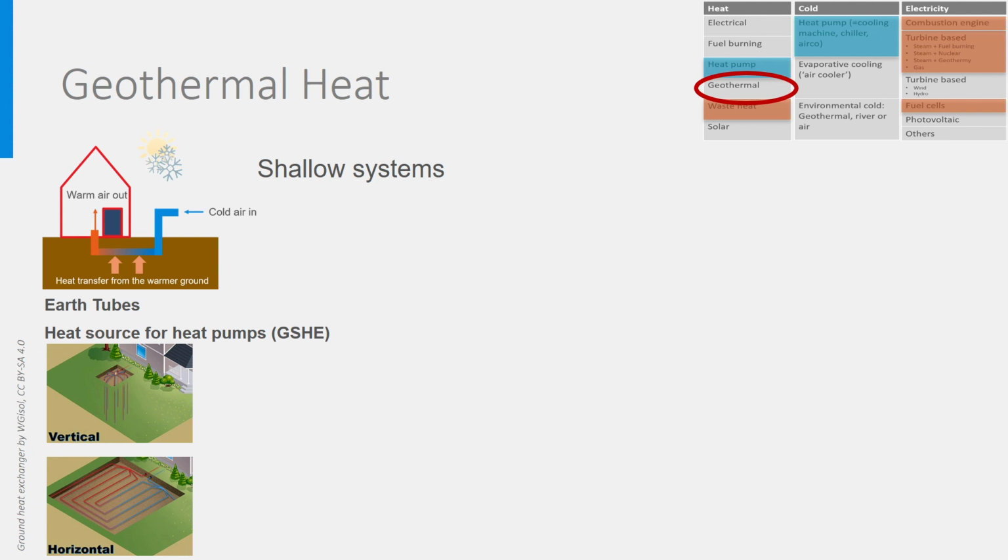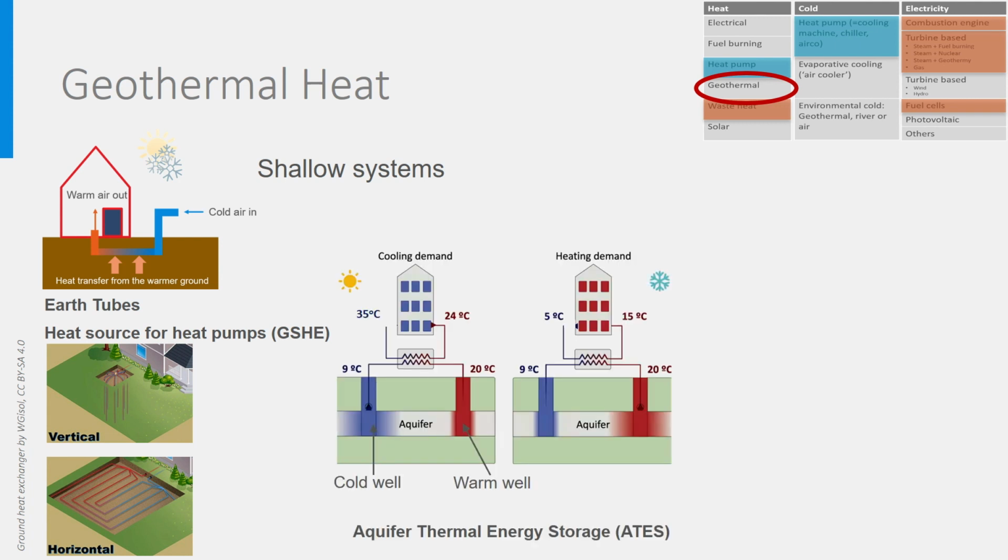we have the systems based on aquifer thermal storage, which can only be used when the heating and cooling demands are well balanced and when there are suitable aquifers. An aquifer is a sand layer containing water. Let's start with the summer situation on the left, in which cooling is needed for the building, and just imagine we want to cool hot outdoor air from 35 degrees Celsius to 24 degrees.